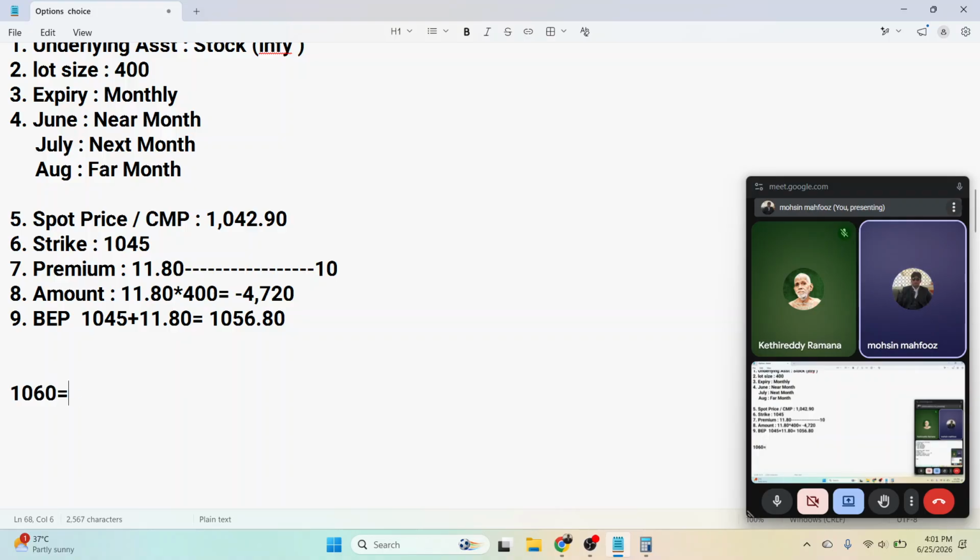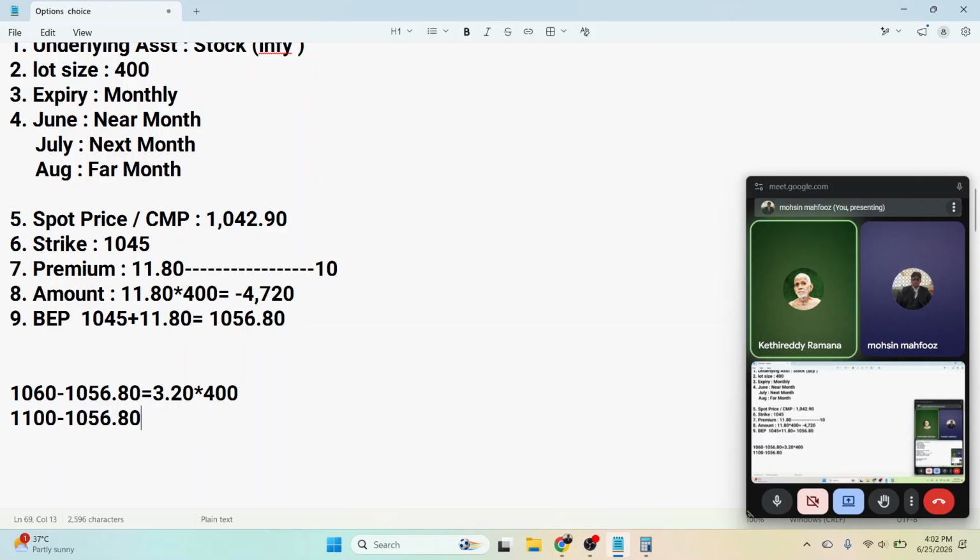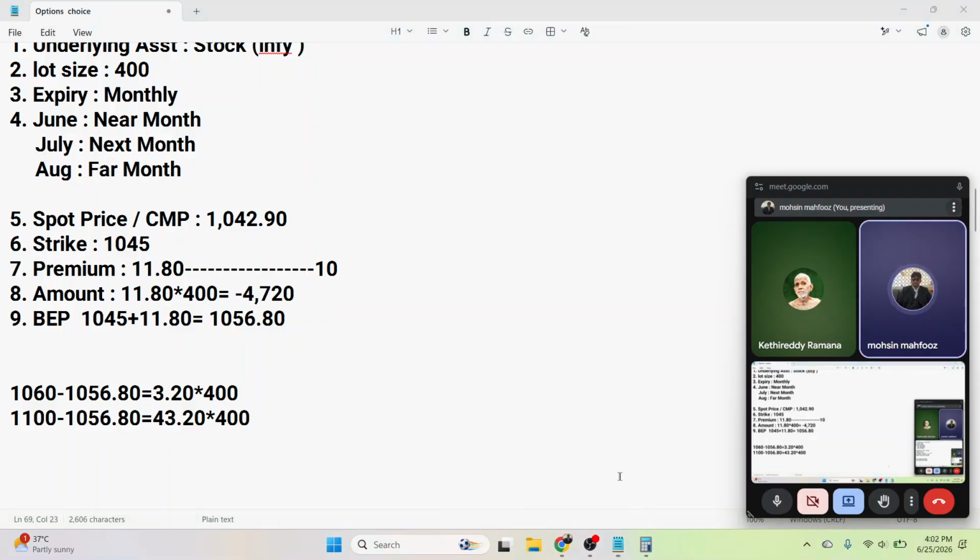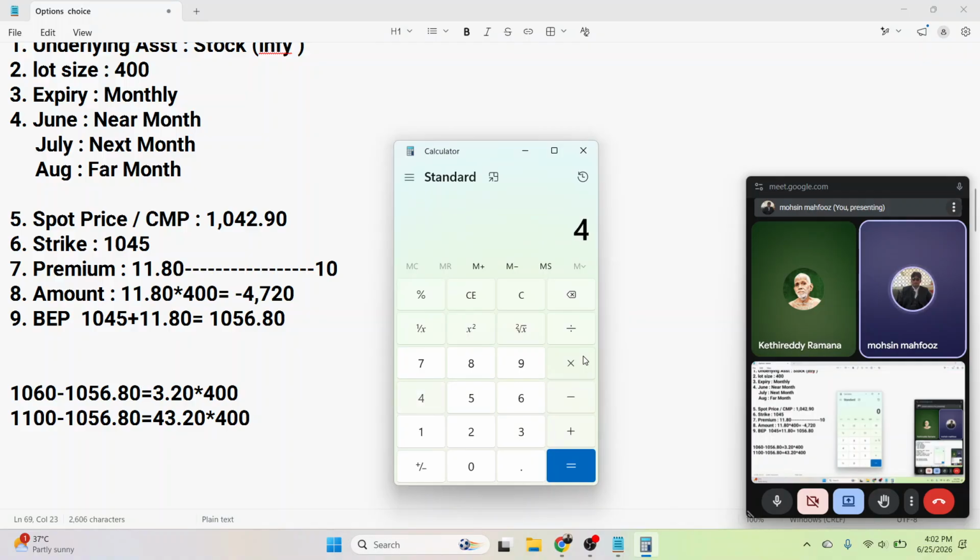तो फॉर एग्जाम्पल इफ द मार्केट क्लोज अबाव 1060 पर होती है, तो इट वुड बी लाइक 1060 माइनस 1056.80 पैसा, तो स्टिल यू विल मेक 3 रुपये 20 पैसा मल्टीप्लाई बाय द लॉट साइज, दैट विल बी योर प्रॉफिट। अब मान लो यहाँ से अगर वो 1100 चला जाएगा तो 1100 माइनस 1056, सो योर प्रॉफिट, इस केस के अंदर हमें 43 पॉइंट का प्रॉफिट हो जाएगा। इट वुड बी 43.20 मल्टीप्लाई बाय 400 इक्वल टू 17,280।